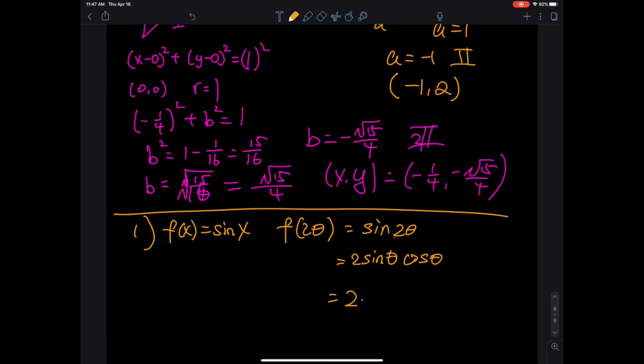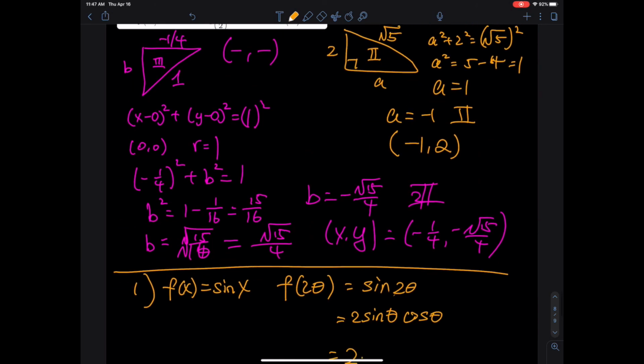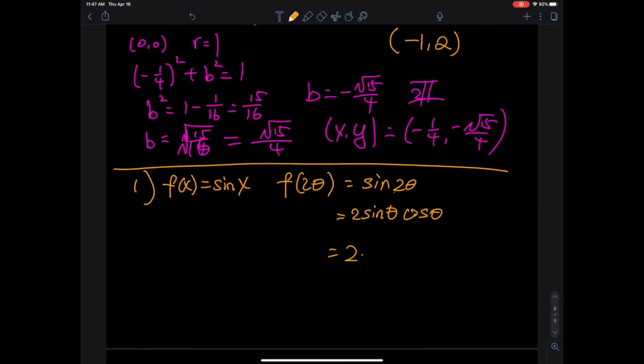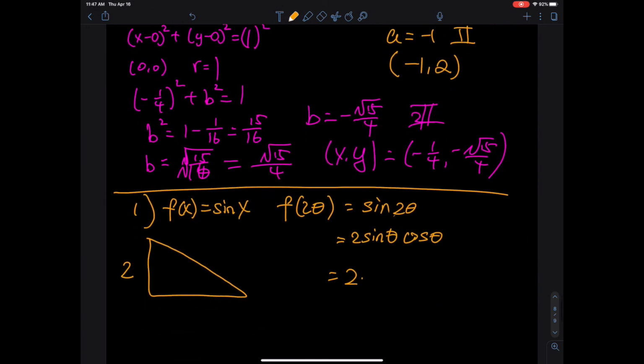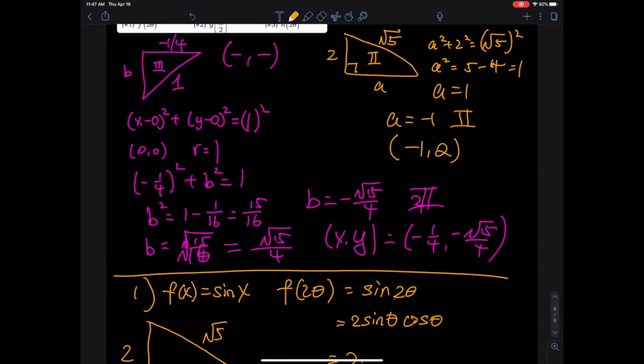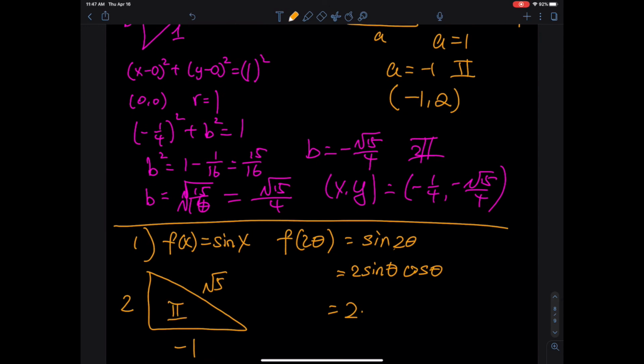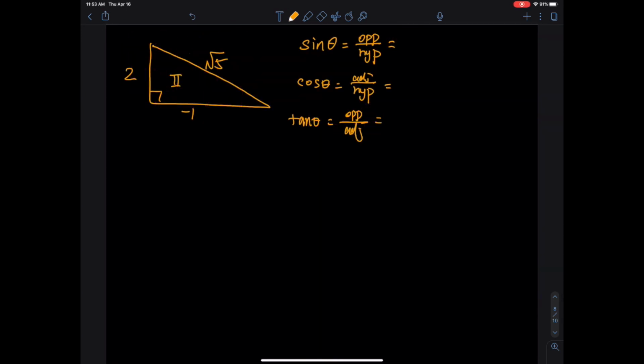So sine, what is sine? Sine theta. So speaking of sine theta, we have to use the right triangle. Let's draw another one right here. So we have 2, a is equal to negative 1, and then b is equal to root 5, right? Did I copy everything right? This is in quadrant 2. Yep. And then going back to the triangle for the first problem, we have sine of theta that equals,